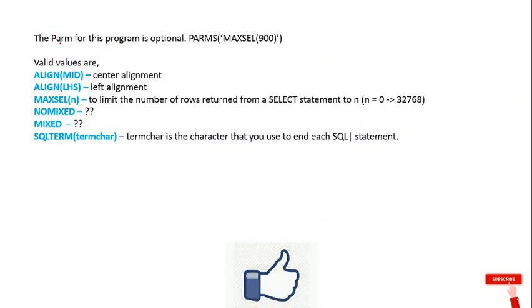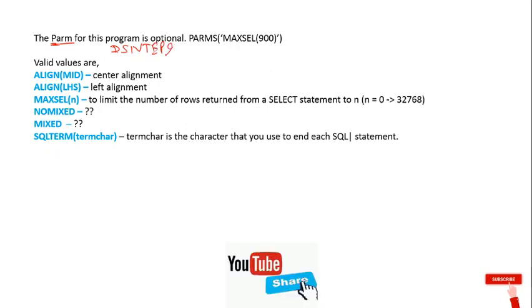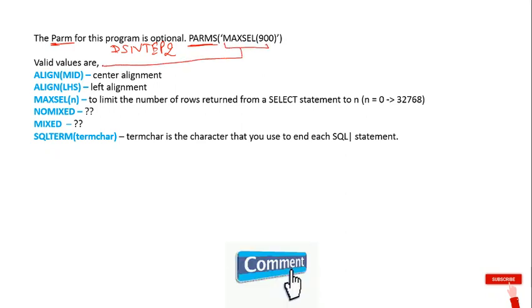We can also use the PARM parameter along with the program DSNTEP2, which is optional. Inside this we give values like this. ALIGN(MID) means when we fetch the data from the table, our data will be in center format.